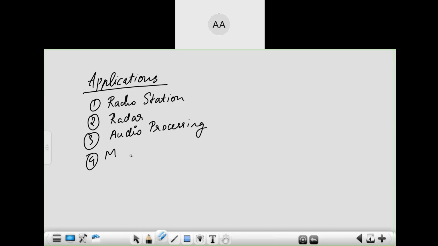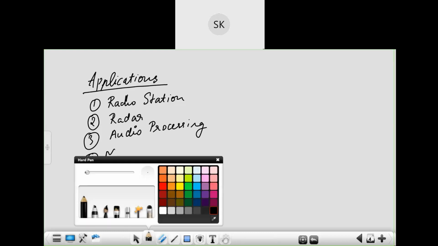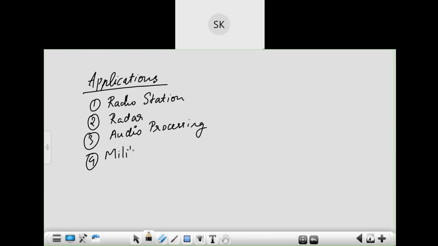Ma'am, any kind of communications, like satellites or radar systems or radio frequencies. We need to do modulation, demodulation, convert those signals to analog, digital. So these things come into picture there. Okay. So shall I write telecommunication applications? Yes, ma'am. Telecommunication applications. All right.